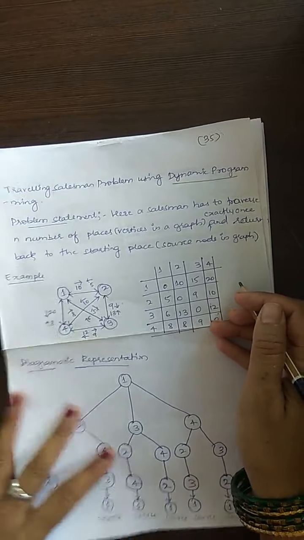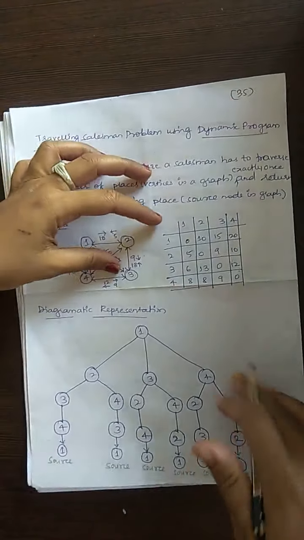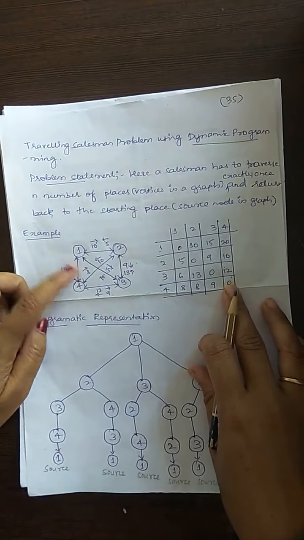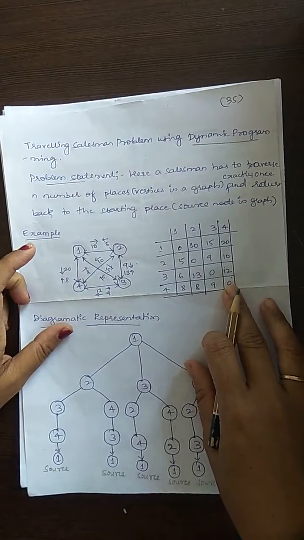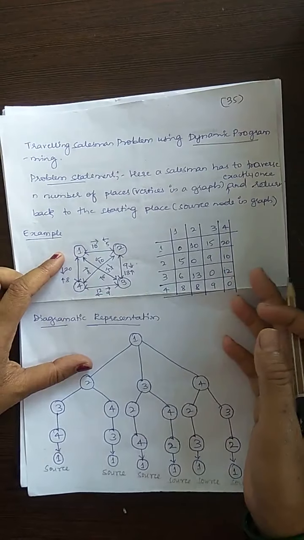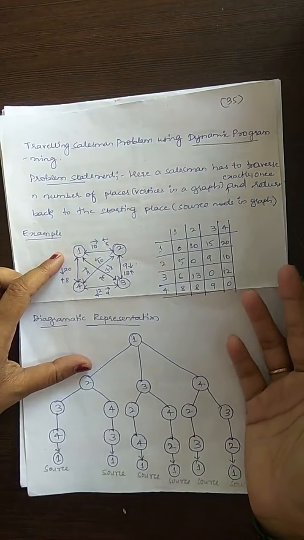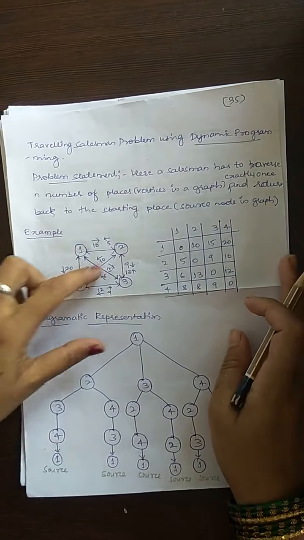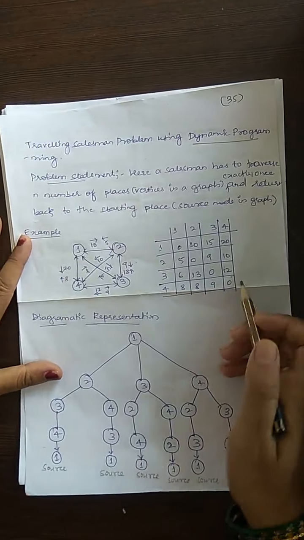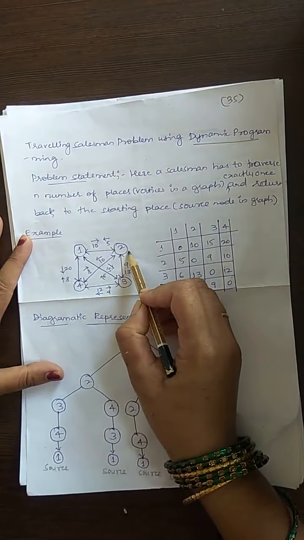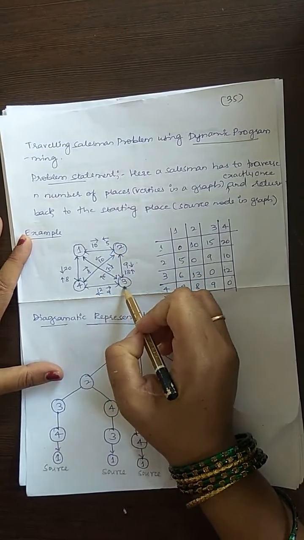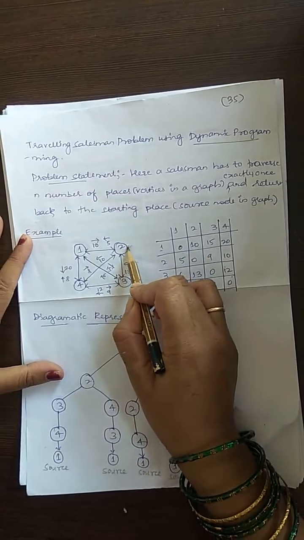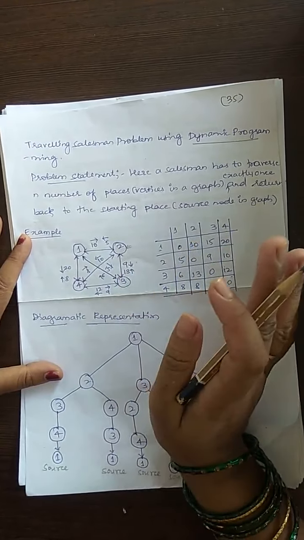Let us see a diagrammatic representation here. There are 4 nodes, 1, 2, 3, 4. Among these 4 nodes you can consider any one node as a source node. As human tendency, we go in chronological, ascending order, so I will take 1 as the source node. You can take any node as the source node. The only thing is, whichever node you take, all nodes should be visited exactly once, and the graph should return back to the source node itself. This should be taken care of.